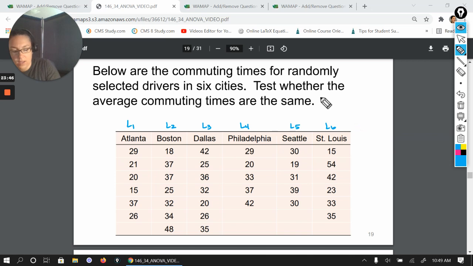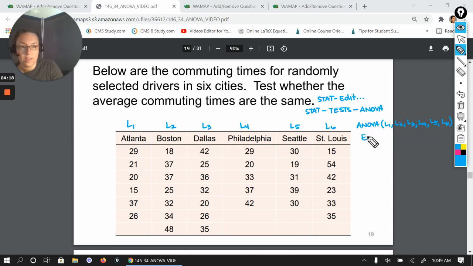So to do that, you would go to Stat and then Edit, and you would enter in all the values, and then you would go to Stat and then Tests, and then scroll down till you find ANOVA at the bottom, and then you're going to have ANOVA on your screen with an open parenthesis, and then you're going to type in L1, comma L2, comma L3, and so forth. Close the parenthesis, hit enter,